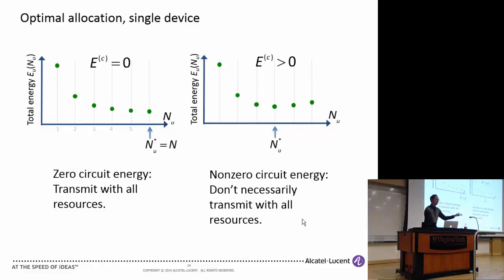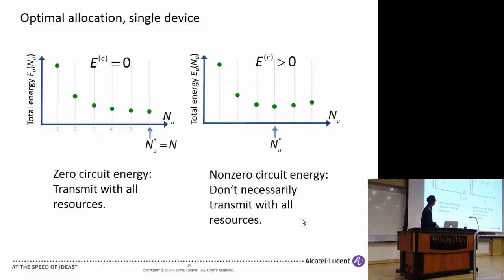Therefore, if you have a total of N resources, and you have just one user, to minimize energy you want to give as many resources as possible to that device, and that number is capital N. You guys got that? Okay. So in other words, if it's 0 circuit energy, you want to transmit with all the resources, with your